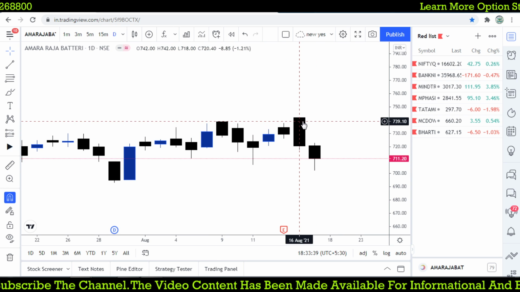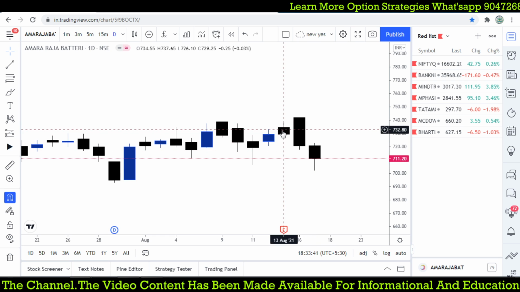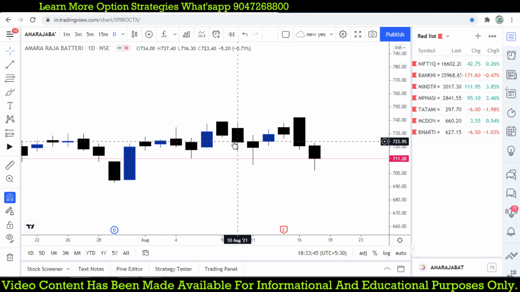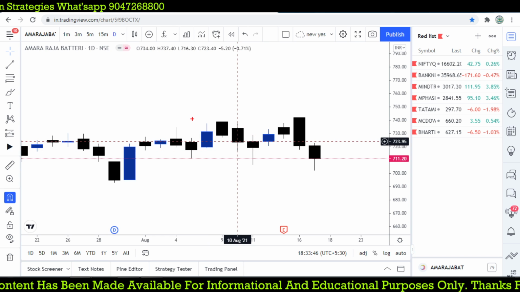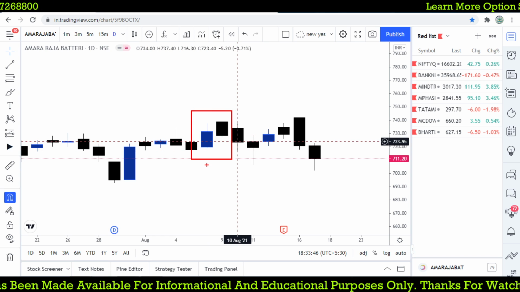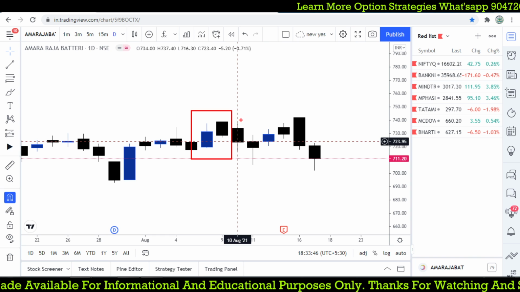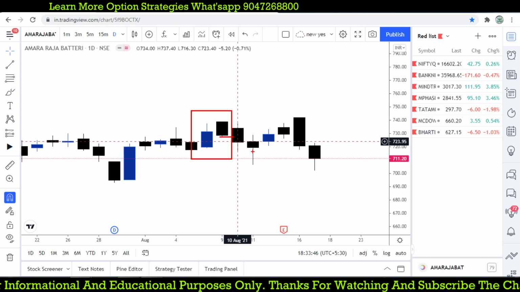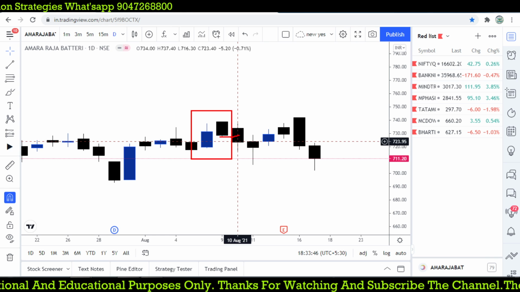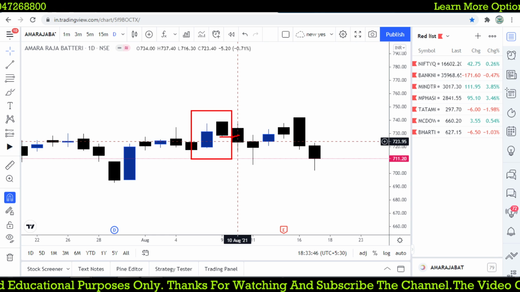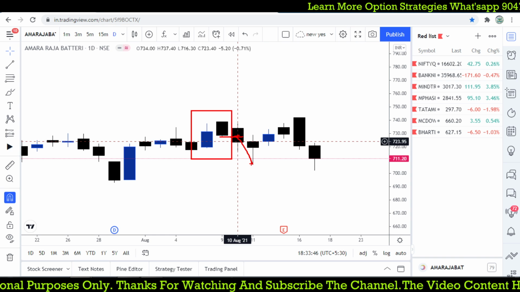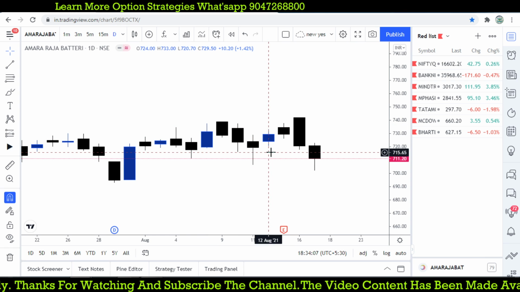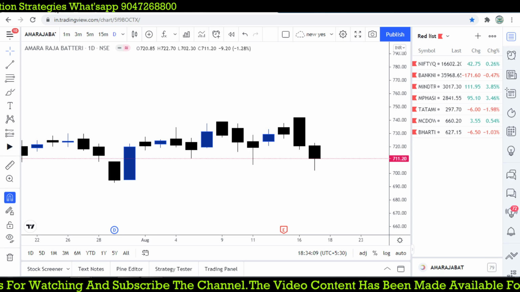opened above the previous day high, but both candles are black. We are going to find this kind of candlestick pattern again. I tell you, where the dark cloud cover has happened, the possibility of reversal is very high. So we can sell the stock or buy put options at this point. When the market made this low, within a short time frame we can get such a good profit.